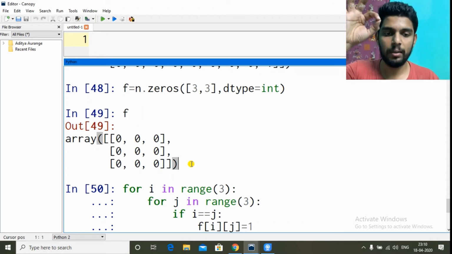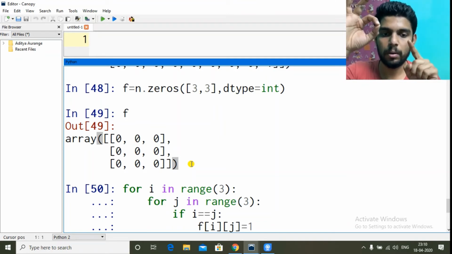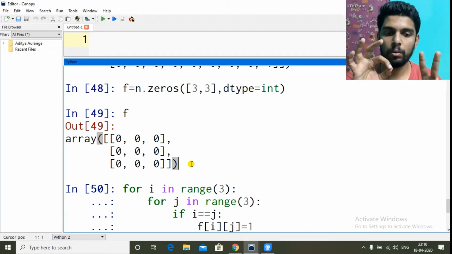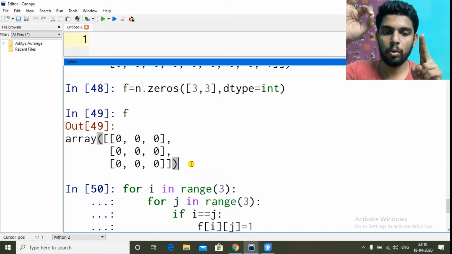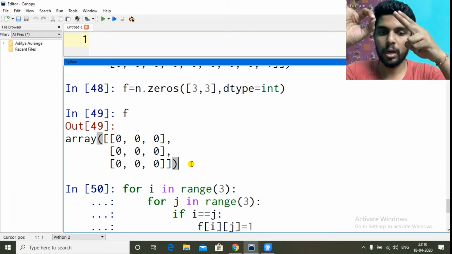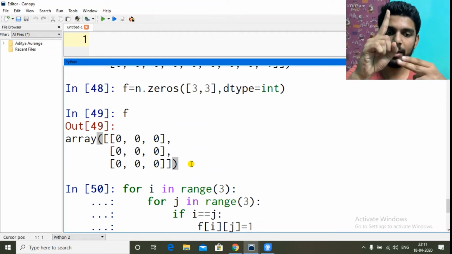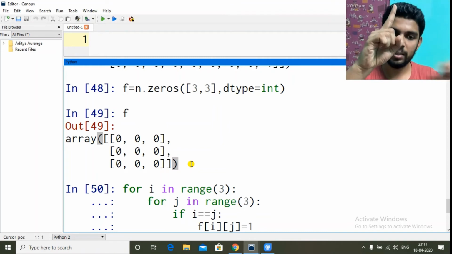Again, i is outside, j will go into the inner loop, and the value of j will be updated from 1 to 2. Okay, so again we go inside the if: 0 equal to 2, no. Come to the inner loop. Now j has taken all the values 0, 1 and 2, and it is done. Now go to the outer loop. It will change from value 0 to 1 and then come inside, and the inner loop will run again 0, 1, 2.